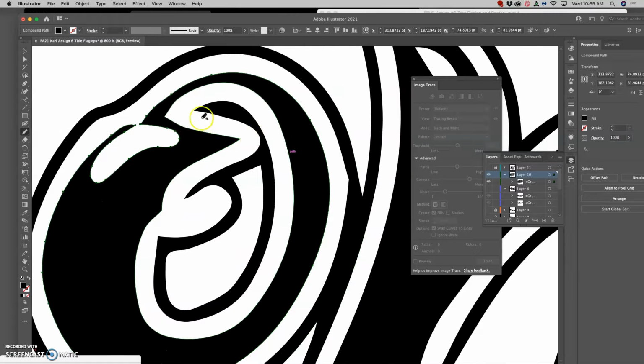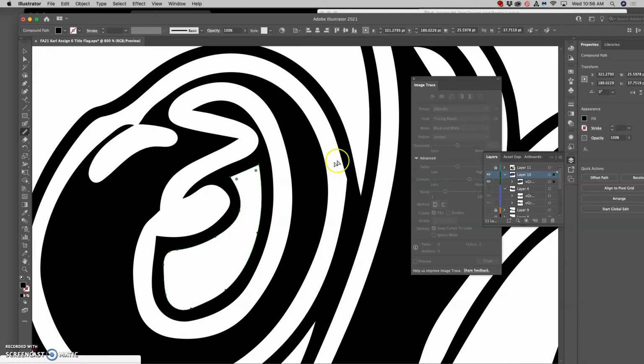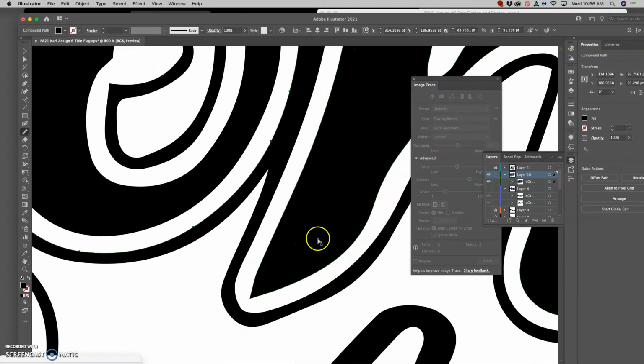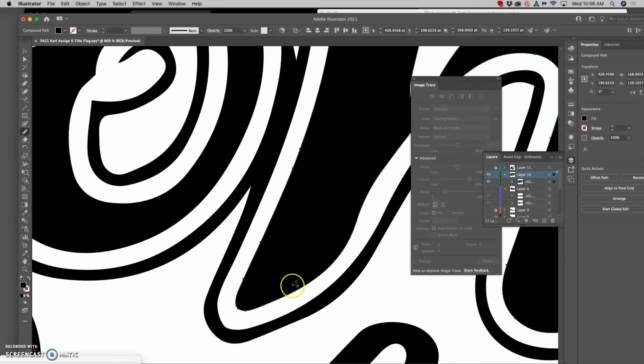So this O is a bit of a mess with all of its pointed edges, but quickly fixed with the pencil tool. Remember, these are all fill paths. These are not done with strokes, so we can always adjust the inside or the outside of the line. That will make a big difference to how clean it feels. Just using the smooth tool here. Sometimes the smooth tool will not take away a sharp corner, so you have to use the pencil tool. But other times it can really be nice averaging out